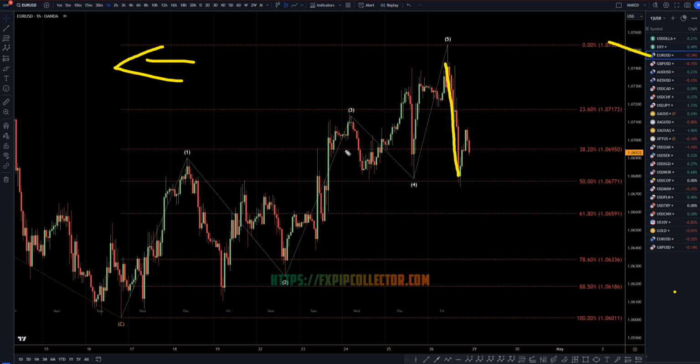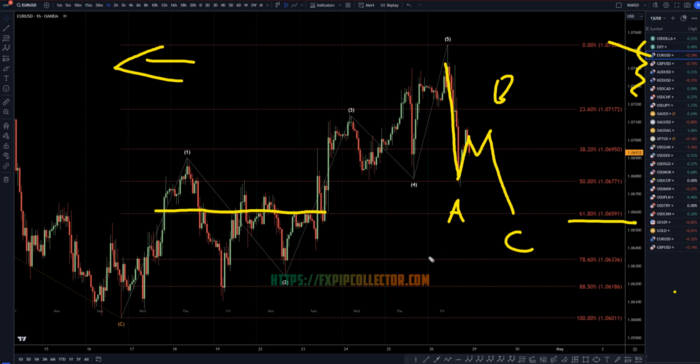I actually see this as 5 waves up, especially if you start comparing it to other dollar pairs. So I'm definitely calling this a wave A. I think this is probably going to be some sort of a wave B, and I would expect another push down for a wave C. I think the 61% is a pretty likely area, especially with all the resistance back here. So I'll be looking for the 61.8, maybe the 78.6 for the end of an ABC